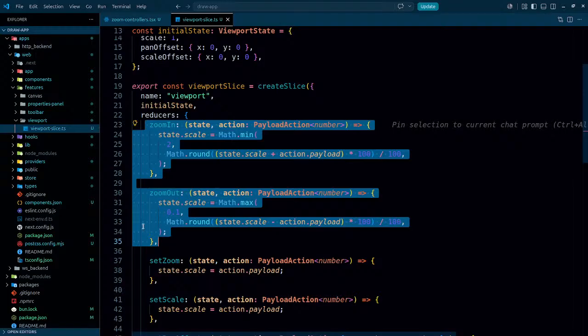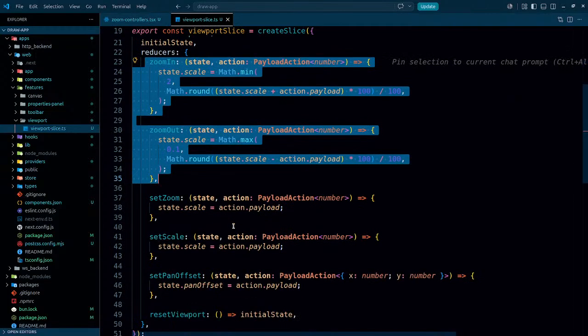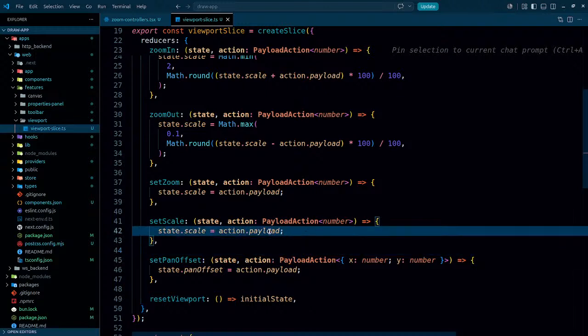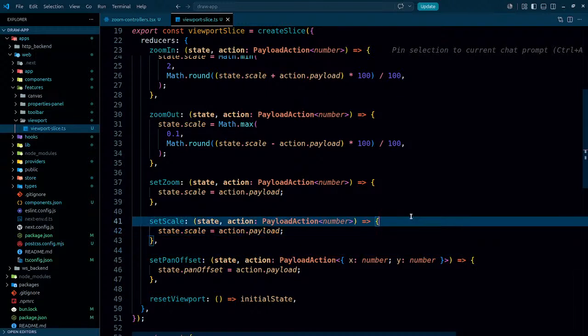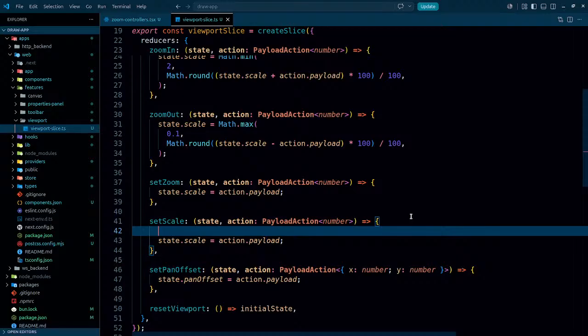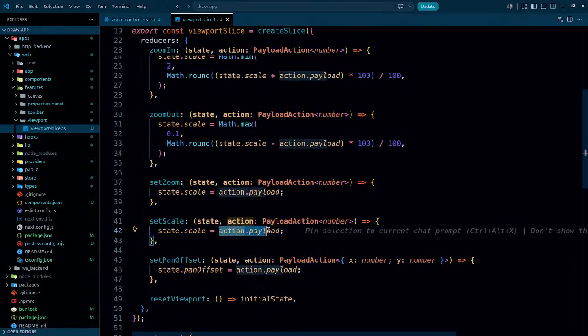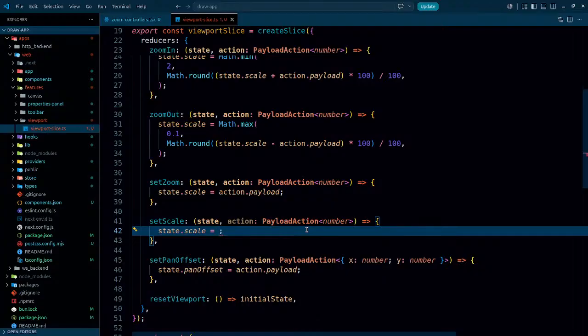Wow, yeah, that's right, we don't need them, but okay, let them be here for some time. Set scale, whenever we are setting the scale, at that time I can do one thing, that is state that's already here, the action dot payload. So the payload that I got, we'll check